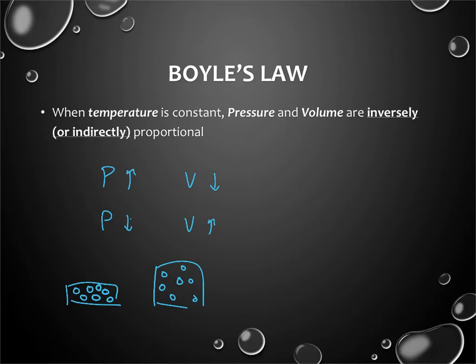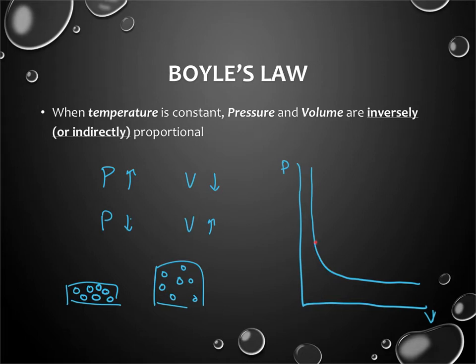And this graph represents this law. So what happens when you increase the volume? How does it affect the pressure? It's an inverse relationship. It's good to remember this now when you get to physics with me next year. These graphs are important. Inverse relationships have this type of graph. So as you increase volume, going along the x-axis, notice that pressure decreases. And this equation right here is not on the reference table,